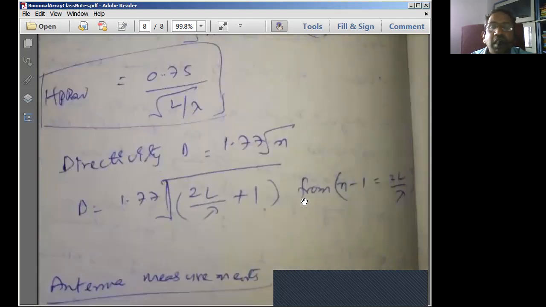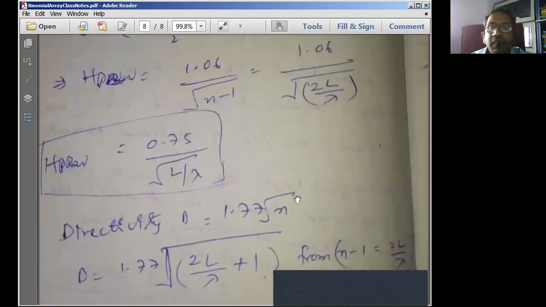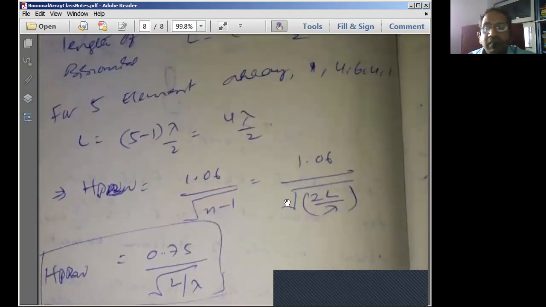So this is the binomial array, which is the last array pattern we have in the syllabus. Okay, so with this, we have completed the 4th unit, called binomial array. In the previous sessions, I have done the 5th unit, that is wave propagation. So almost all of the complete syllabus of AWP is done. When we come back to the offline sessions, we'll go through some of the university question problems in class. Thank you very much for today's session.